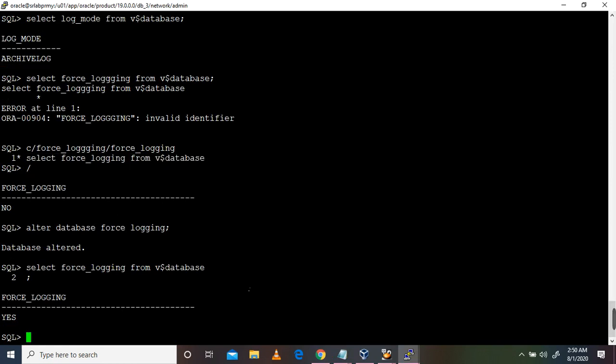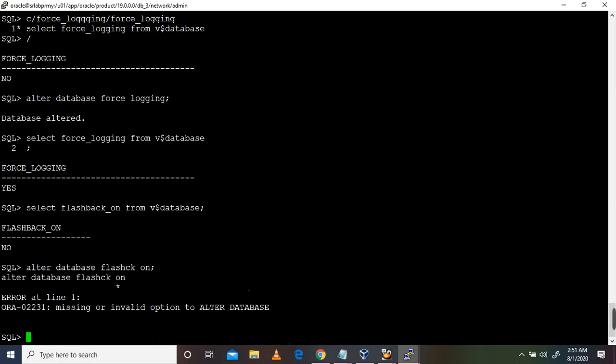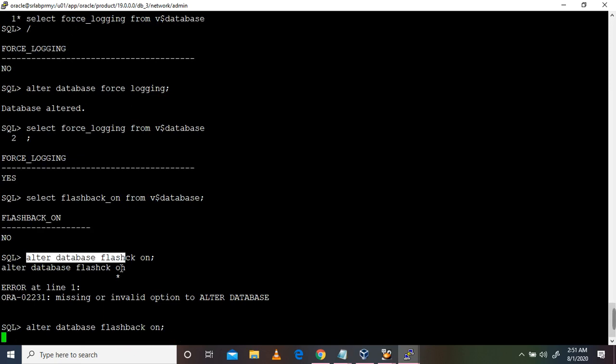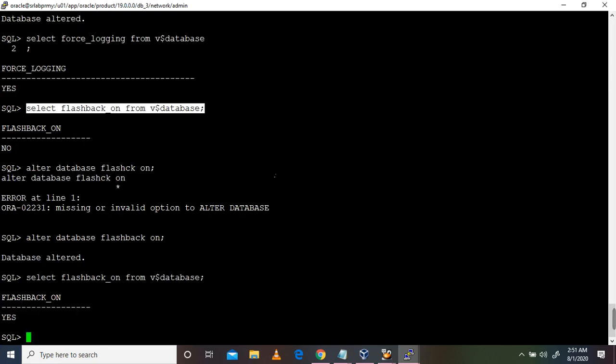And then you need to check whether flashback is enabled or not. It is not enabled. Alter database flashback on. So now we are enabling flashback. After enabling flashback, we can check that it's enabled, and check the parameters: recovery destination size and retention parameter.